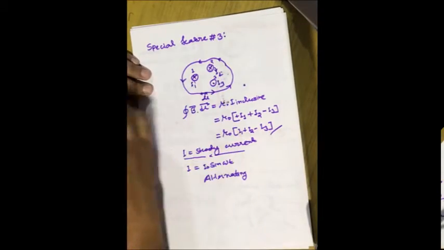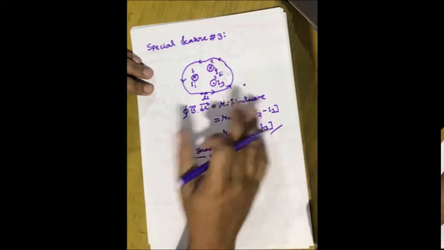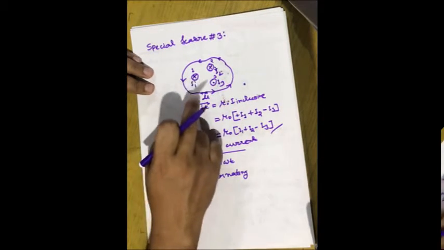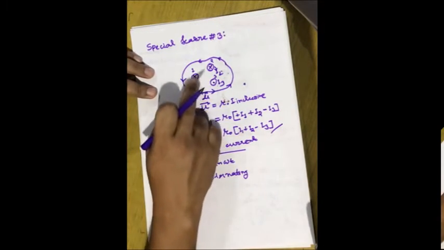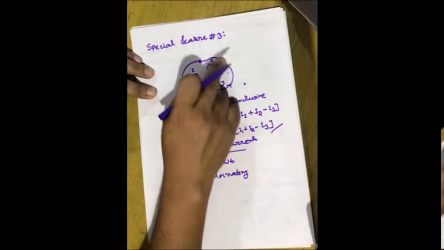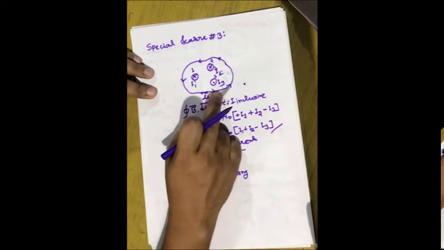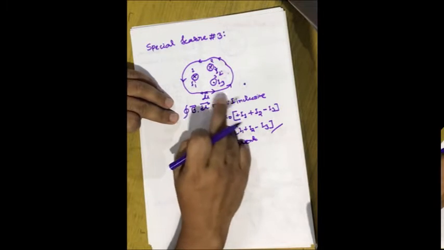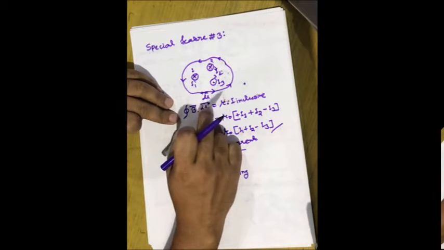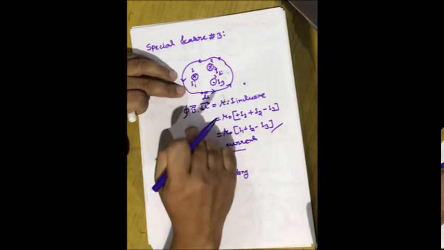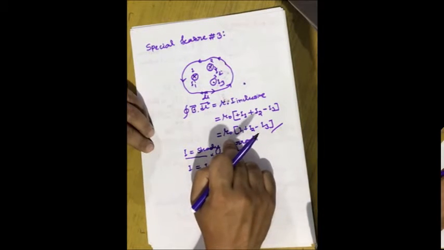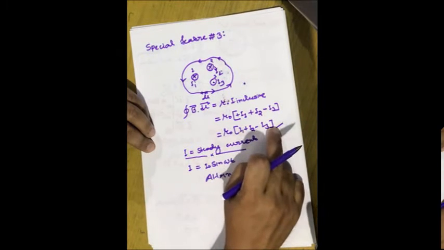So this is property number 2, and property number 3 is that Ampere circuital law is valid for n numbers of current carrying conductors or current carrying elements. Here I1, I2 and I3, all current carrying elements are surrounded by this closed loop or closed path, and therefore we can easily apply Ampere circuital law, and for this case its value is B dot dl is equal to mu naught into I1 plus I2 minus I3.